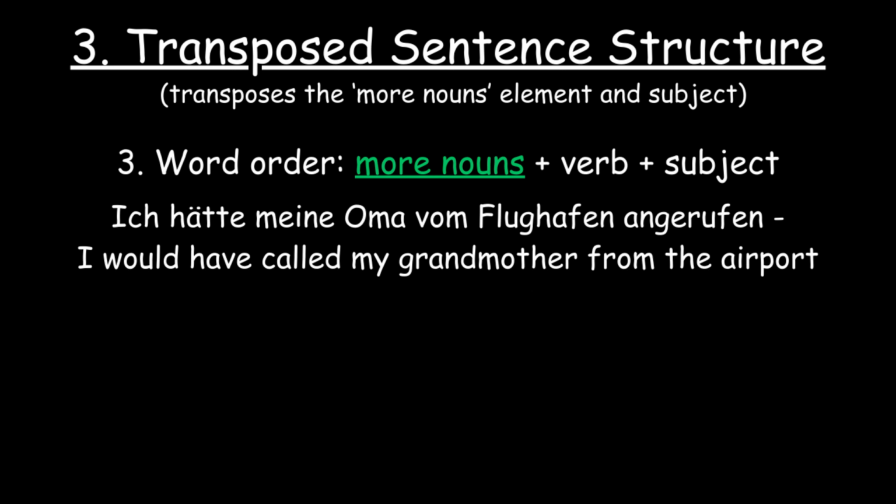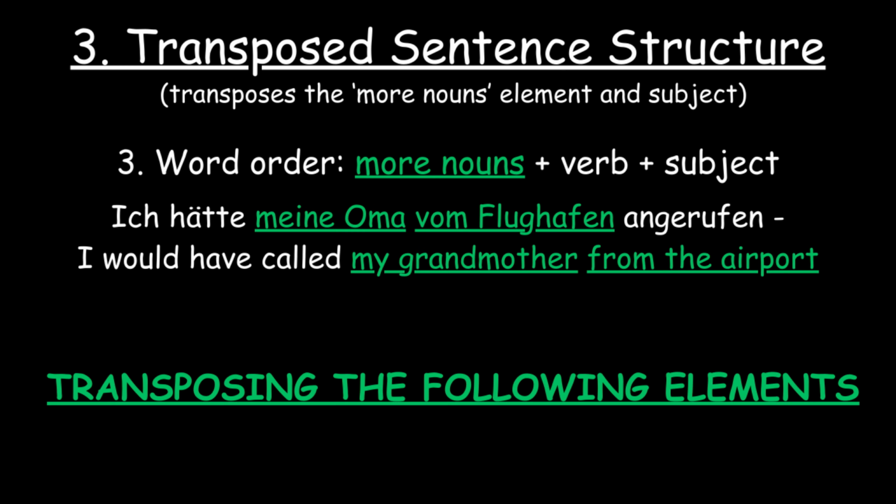Take a look at the sentence. Ich hätte meine Oma von Flughafen angerufen. I would have called my grandmother from the airport. This sentence is in the standard pattern, and it's fairly simple to understand. However, when we put it in the transposed pattern, we can transpose the word order while keeping the same meaning